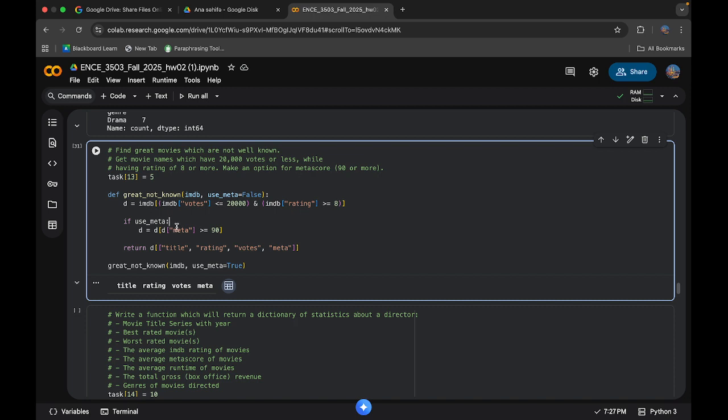The function also includes an optional parameter called use meta. If use meta is set to true, I apply another filter that keeps only the movies with a metascore of 90 or higher. It lets me focus on films that are highly praised by critics in addition to being well rated by viewers. Finally, I return a subset of the data frame that includes the title, rating, number of votes,